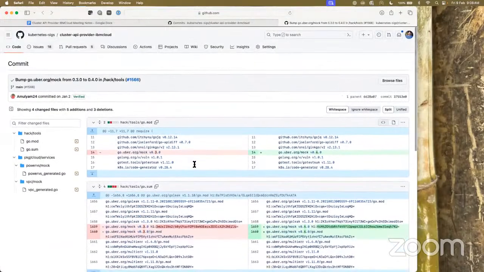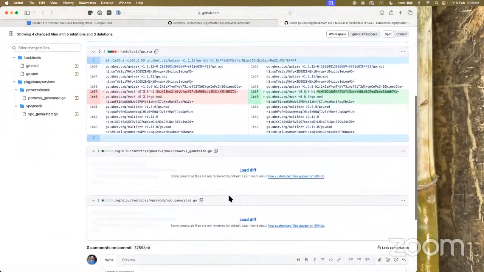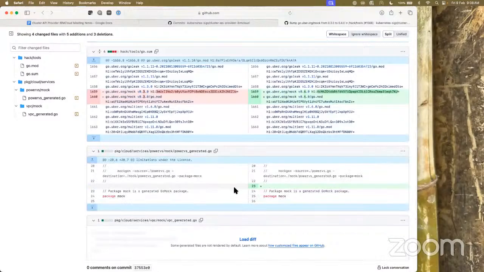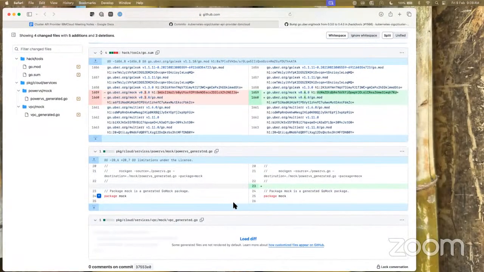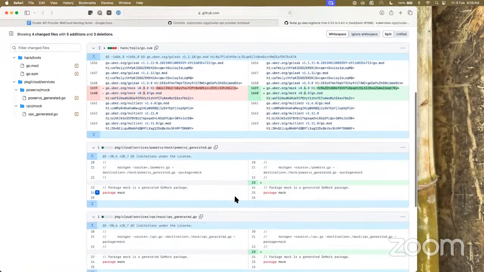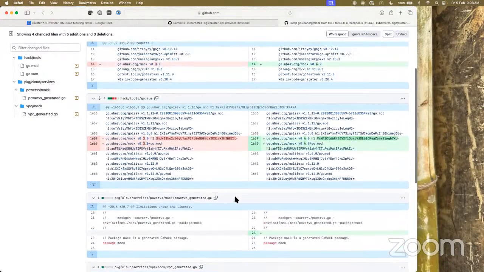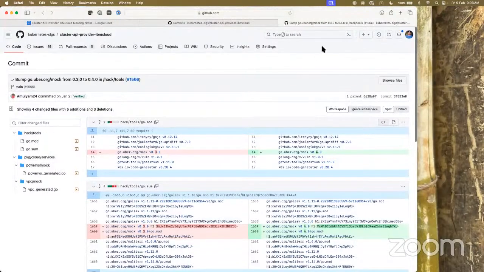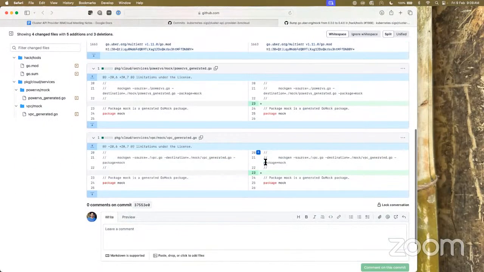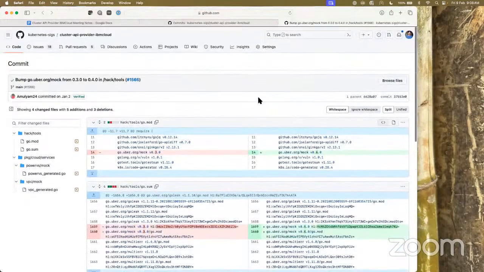That's okay, but why did we update? I think it was throwing some error in the test, so we had to manually generate and then update it. Okay. Seems like they have added an additional new line after the package header. Okay, cool.